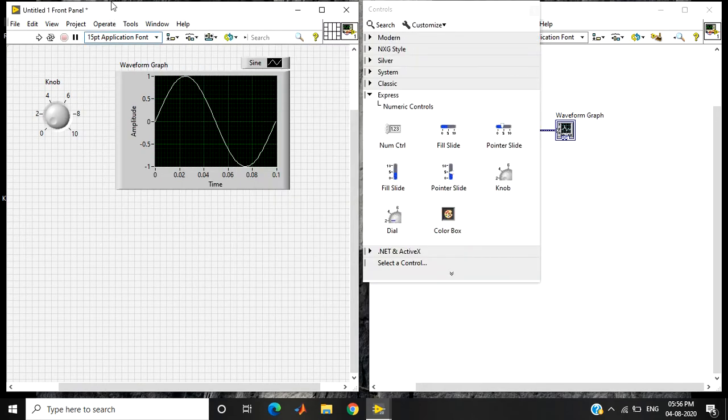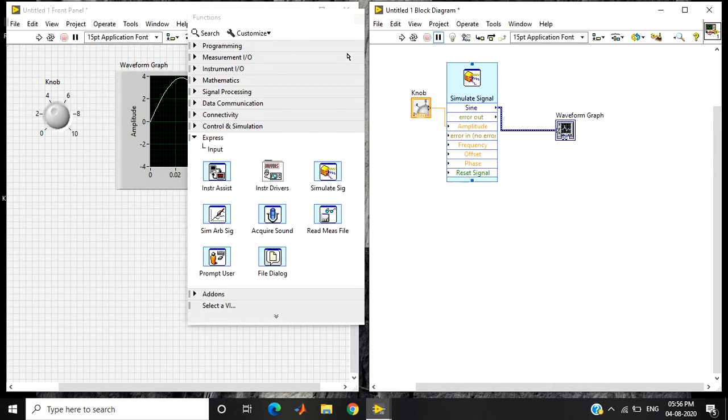Now when you go to your front panel and you run, you can see your knob position is at 0, so you get a corresponding waveform like this. Keep your knob position somewhere near 2 and run. You can see a waveform with amplitude 2 is being generated. You can turn to 4, and again when you run, you can see your waveform changes. If you find it difficult to change your knob position every time and then run to see the output, we can simplify the process.